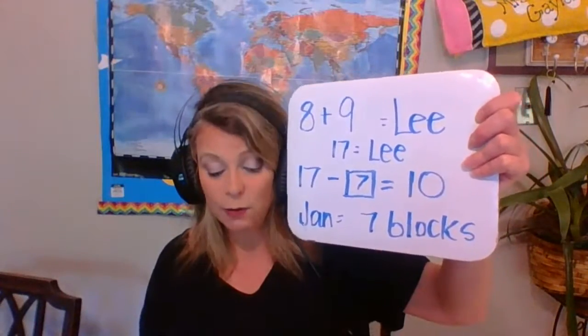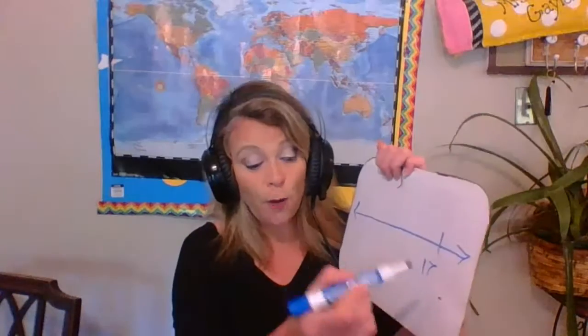One way to check that would be to make a number line and check that answer and see if we are correct. Okay, so we make a number line. The biggest number on the line is 17, and we're going to go back how many to get to 10. We don't know how many Jan took, so we're going to go backwards. 1 would be 16. 2,